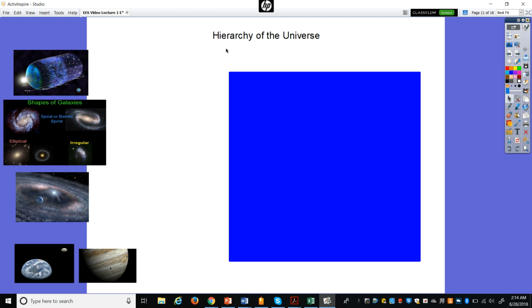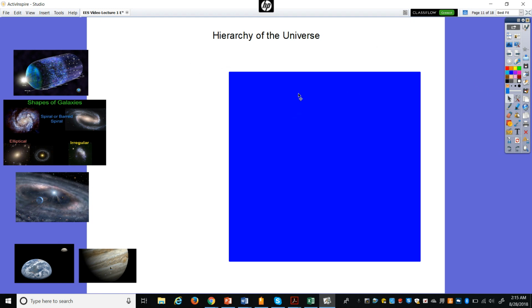Well, what does that word hierarchy mean? Well, hierarchy is a system or organization in which objects are ranked one above the other, and each object is going to be linked to the objects under it. So it's kind of like if you have a hierarchy in a ruling class, you'd have the queen, and then you might have the dukes and duchesses, and then further down the line, you end up where we are as the peasants. It's a hierarchy.